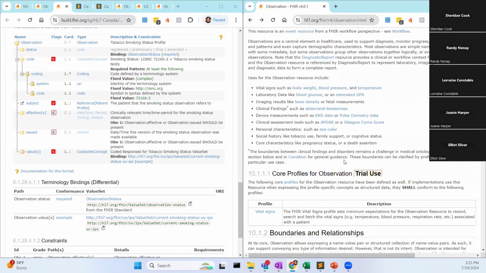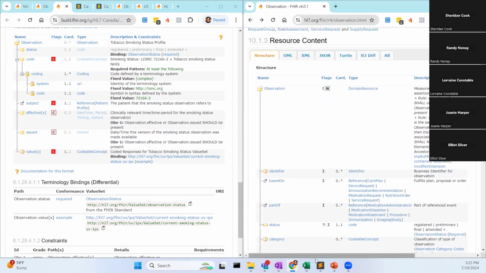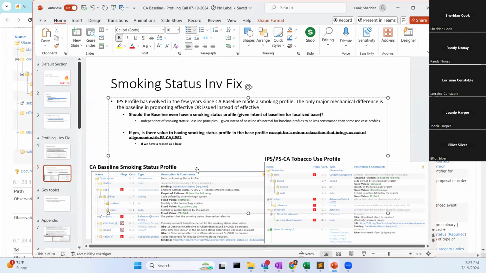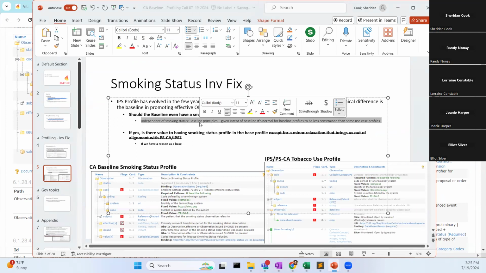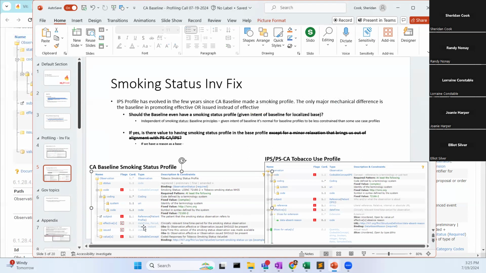So what do folks want to do and how do we want to resolve this? I think my opinion is the most harmful approach, at least right now, potentially is doing nothing. And even though we have a principle of we expect to be looser than a use case driven profile, if we don't have a reason for being looser on this one, we potentially are driving a lack of harmonization in our Canadian community with international expectations. Yeah, looser or the same. Go ahead, somebody's speaking up.